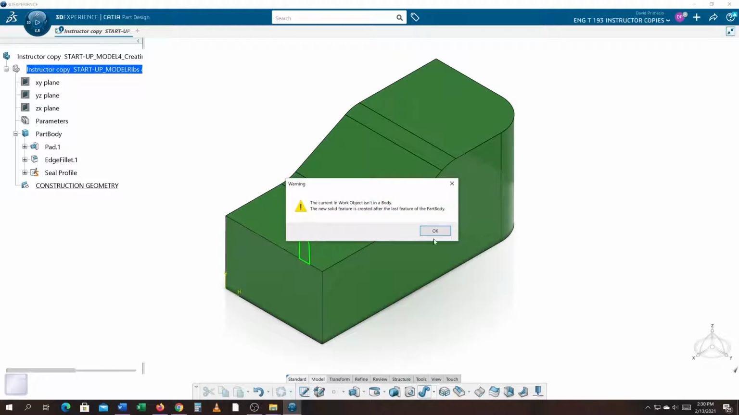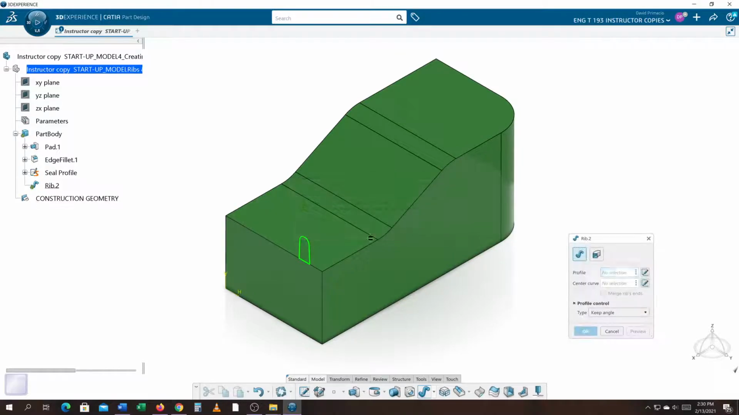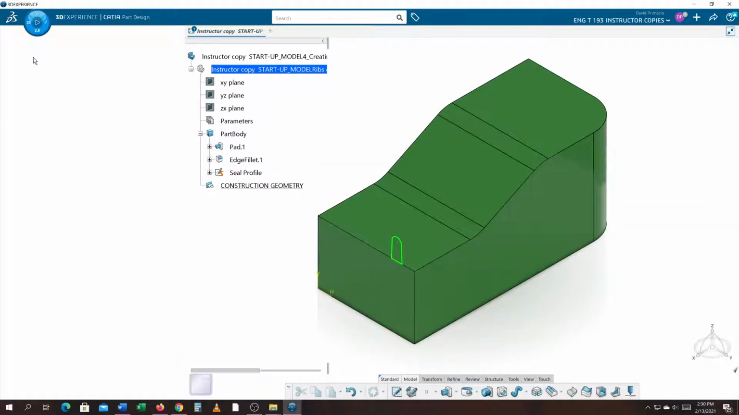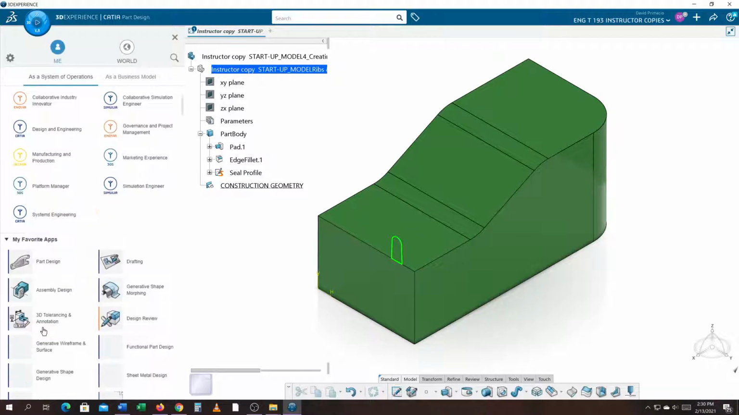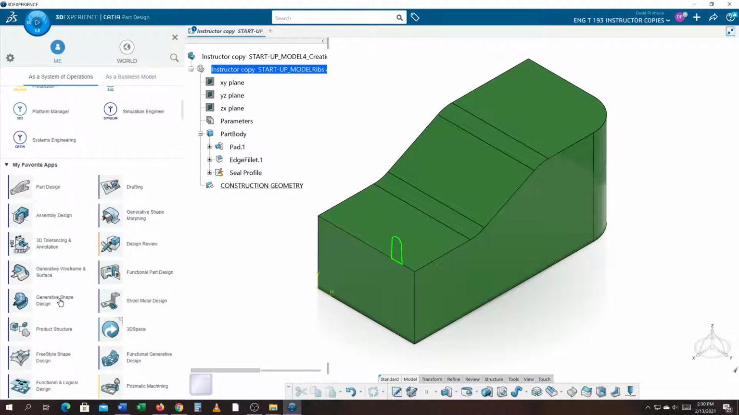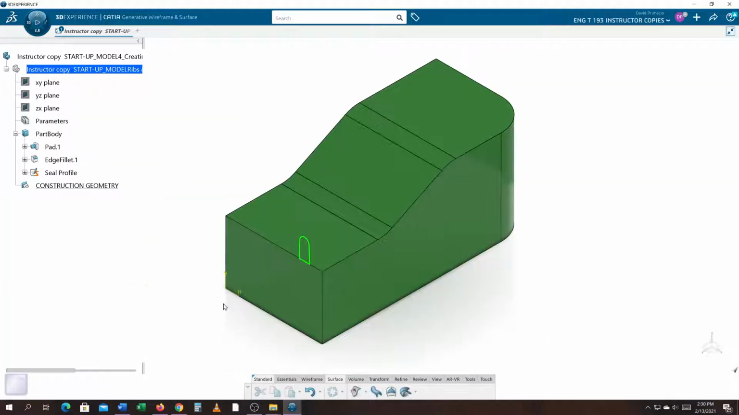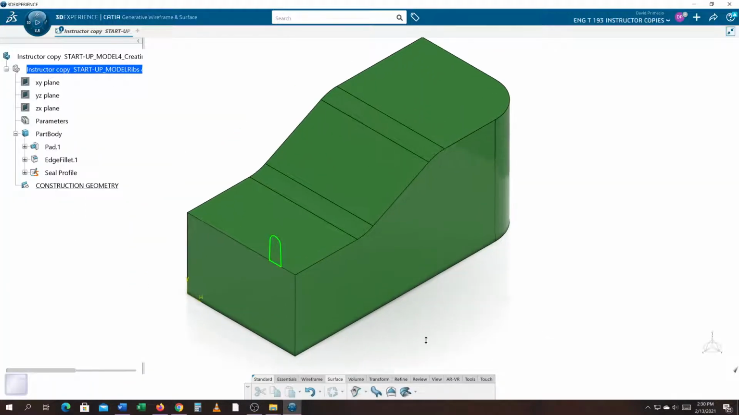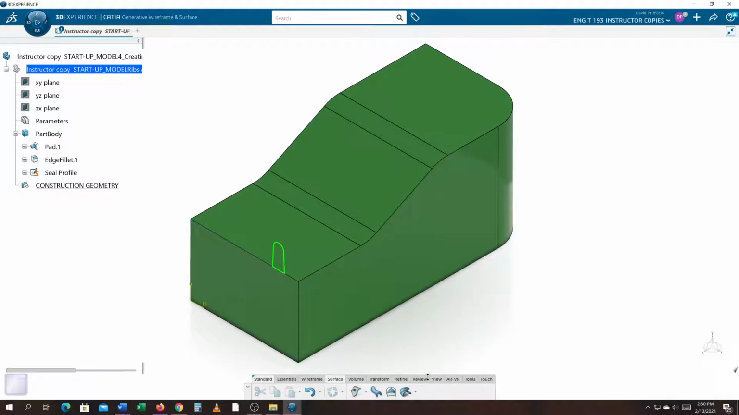when I go to rib, I'm going to select this profile and select this edge. That's all the further that's going to know to go. Okay, so I'm going to cancel that. And we're going to go to wireframe. And I'm going to use the wireframe tool, the wireframe tab,